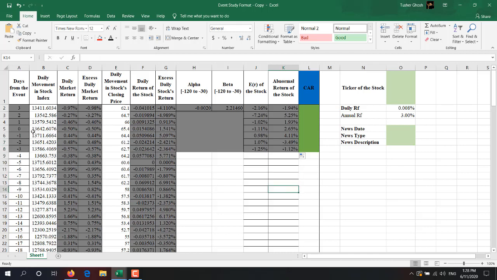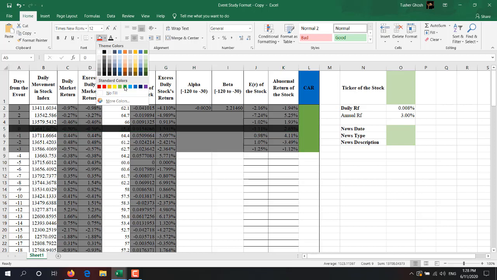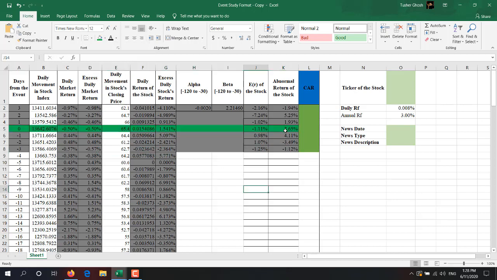So here you see at day 0, the abnormal return was 2.65%, but on day -1 the abnormal return was 4%, and on day +1 the abnormal return was 1.93%, and this one is 5.25%. So it seems that before the publication of the news to the media, there might be a possibility that the news